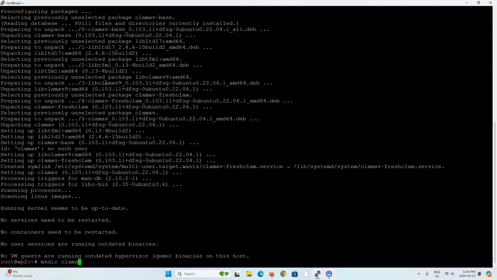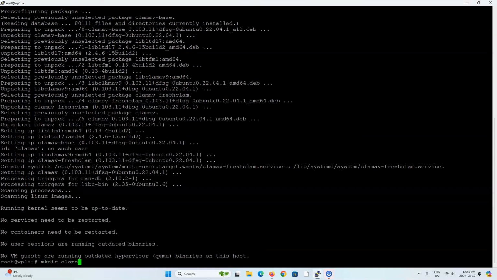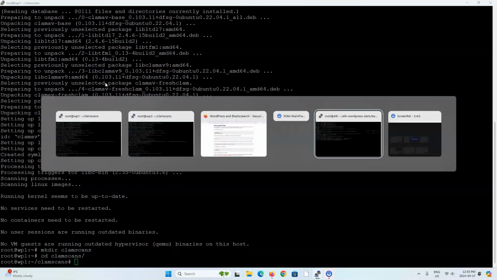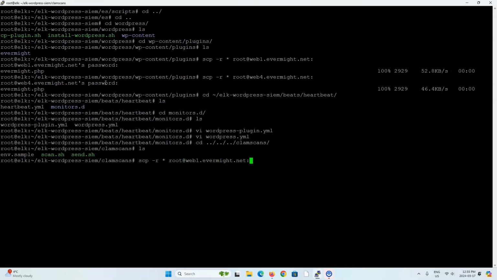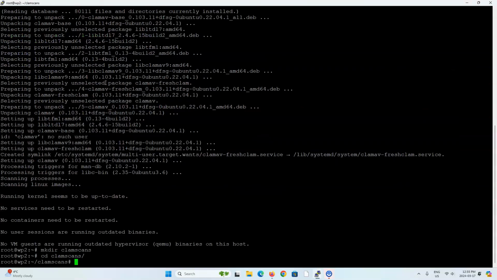Okay, now once things are done, I'm just going to make another directory here called clamscans because it's going to house some useful bash scripts that we have from our GitHub project. So I'll do this on the first server as well. And now I'll go back to our Elasticsearch server, go to our GitHub project in the clamscans directory, and I'm going to SCP these useful scripts over to both Linux servers. Okay, now that we've got these scripts,